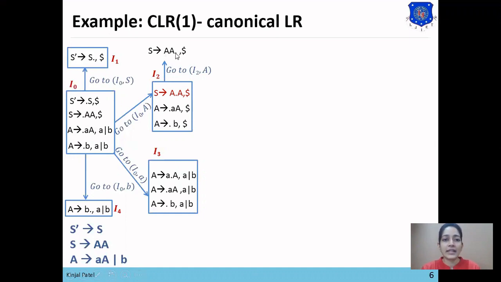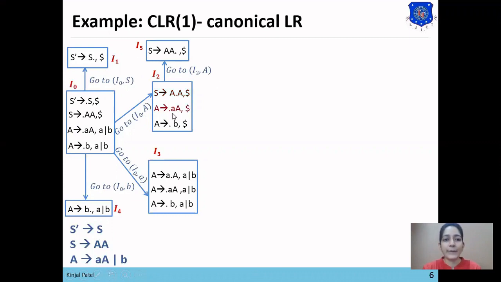As the dot is at the end of the right hand side, no closure rule will be applied on this set. So this set is final, and as its value does not match any previously generated set, we'll represent it as a new set I5.